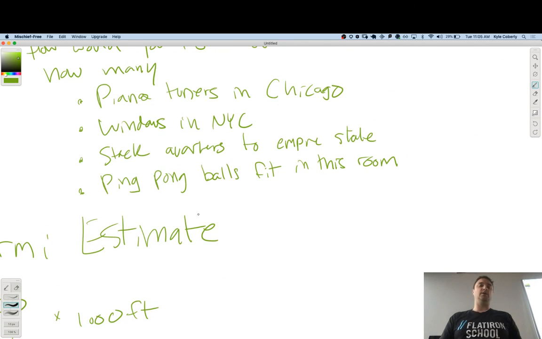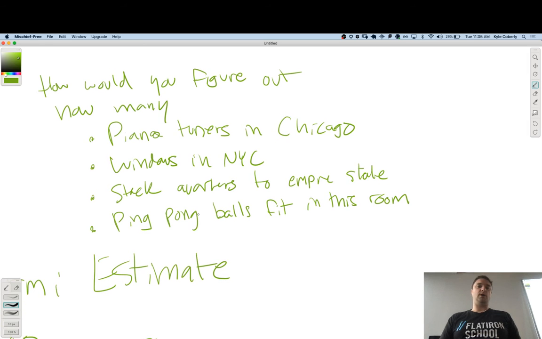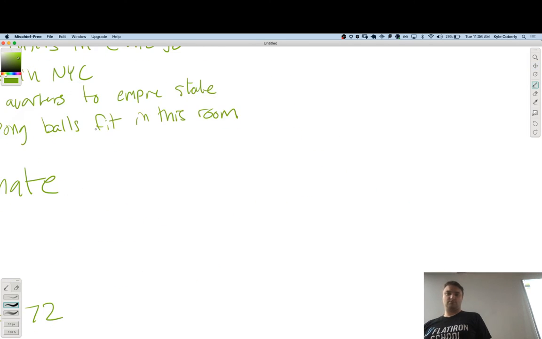Let's do ping pong balls that fit in this room. So what are the dimensions of this room, ish? Yeah, I'm going to say like 20 by 20 probably.